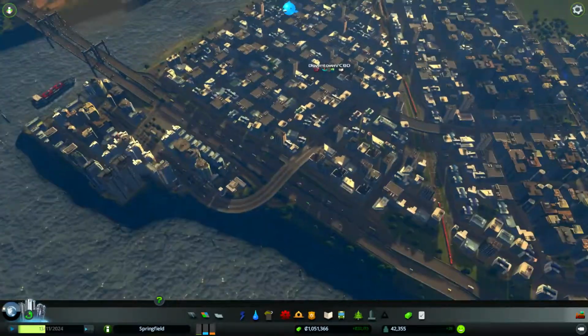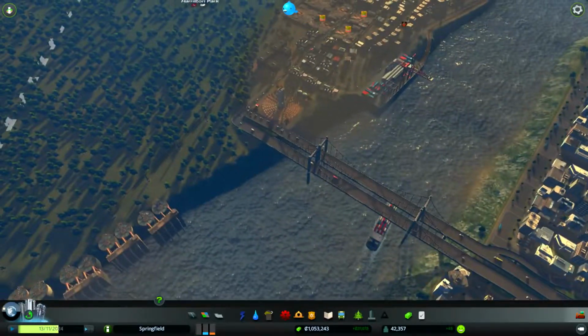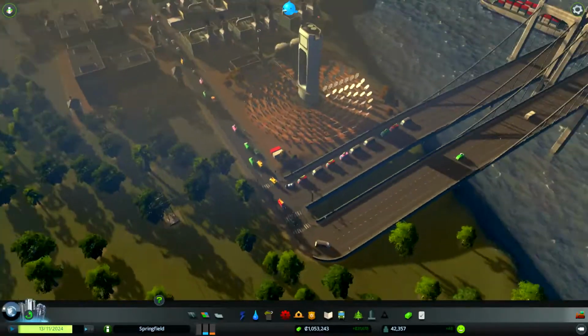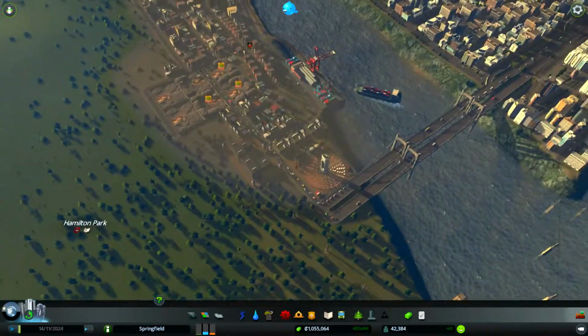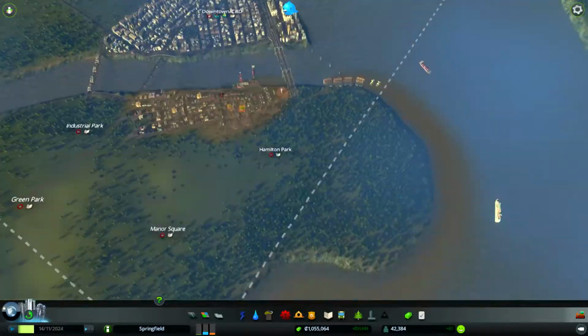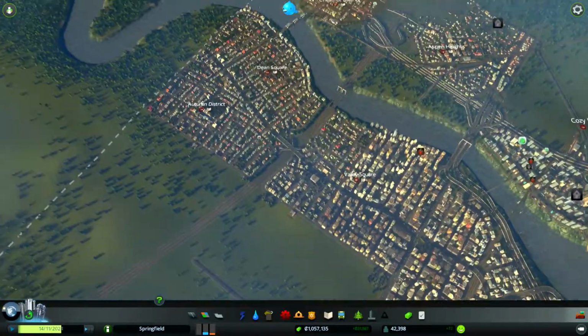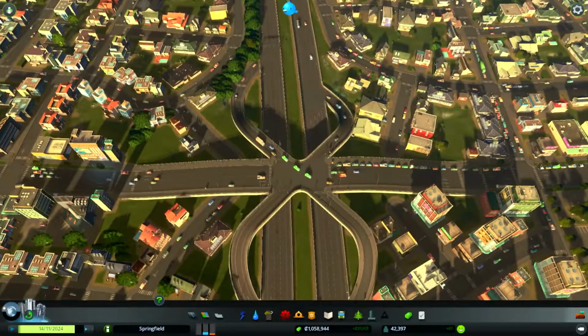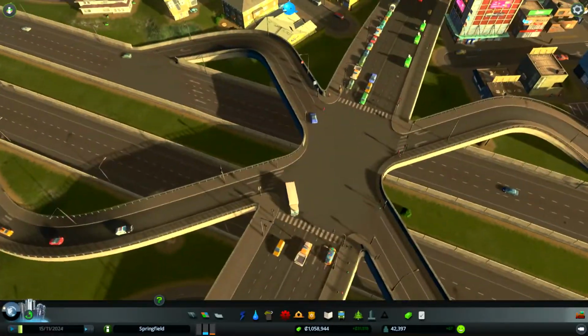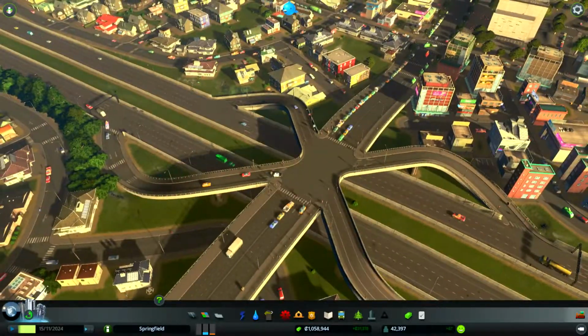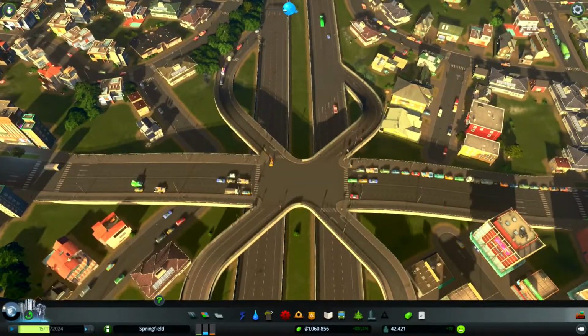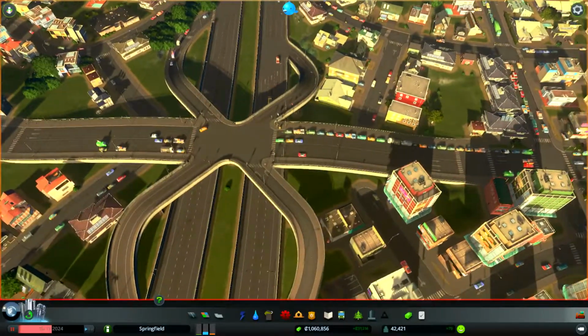See, a lot of this, too, you just kind of have to know how to trick the game into not giving you lights for an intersection. So again, over here, we have lights at this intersection. So, this intersection, bad design. So, what I'm going to do here